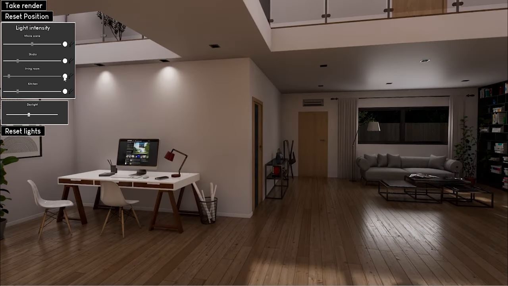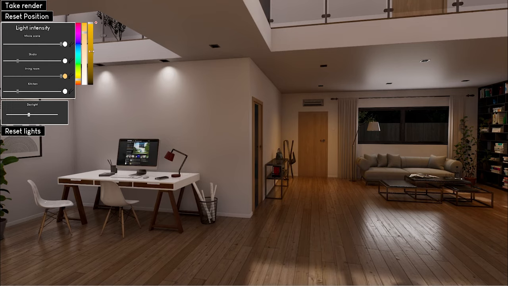Let's go to the studio area and tweak the living room lights, the whole scene lights and the studio lights area. This light sign next to the slider allows users to load the IES lights by clicking on it. This is the light options list. The default is currently being used, hence it's highlighted in yellow. You can choose the rounded IES profile or the sharp one.